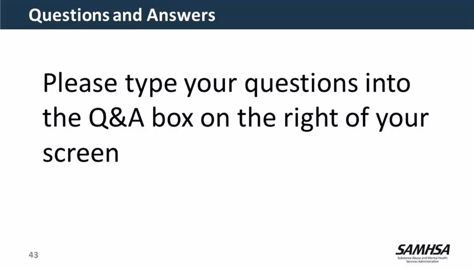And again, I just will reiterate, to find out who your SOAR TA Center liaison is, you can go to the SOAR website, click on your state, and then you'll see the state lead and your liaison's information, and you will also be able to click on contacts and see if you do have a local lead in your area too.